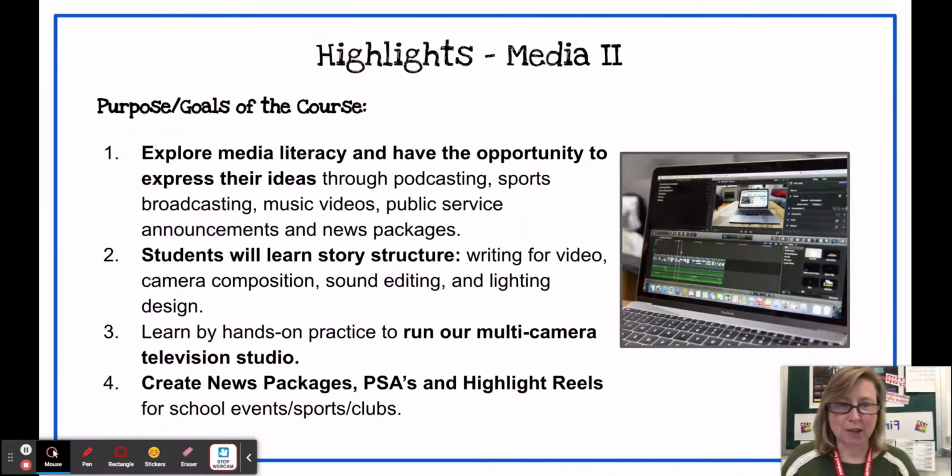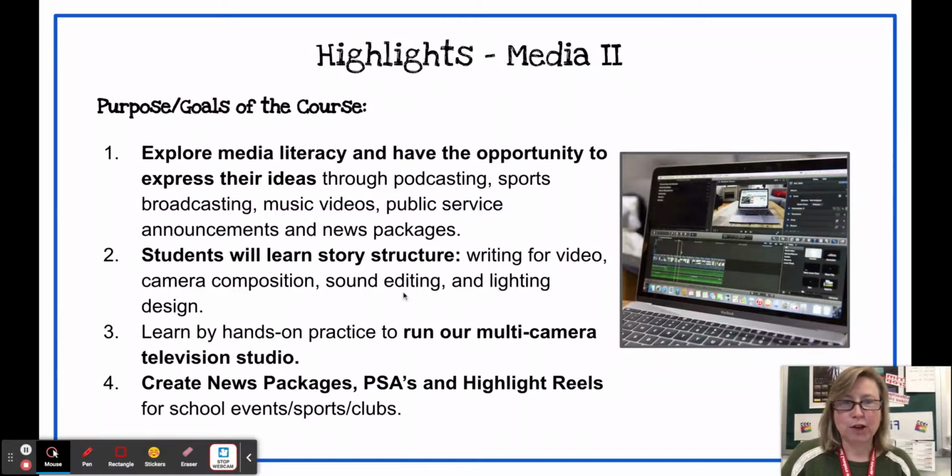Sports broadcasting is also something that we'll look into in Media 2, as well as taking some of the skills that they learned in Media 1 and expanding on them as far as creating better music videos, public service announcements, and news packages that we can highlight and provide a service to the Hudson community.